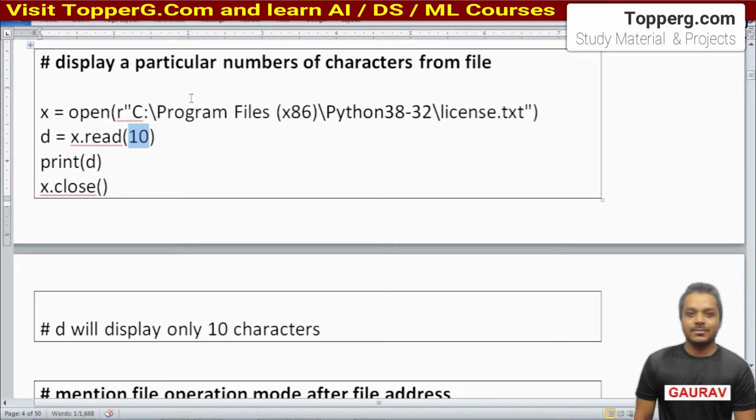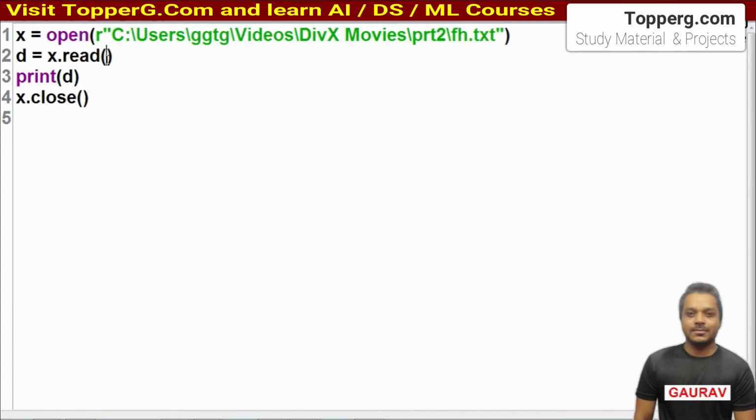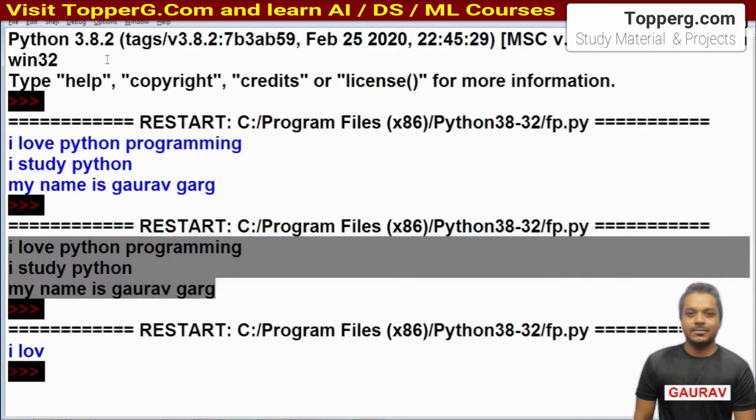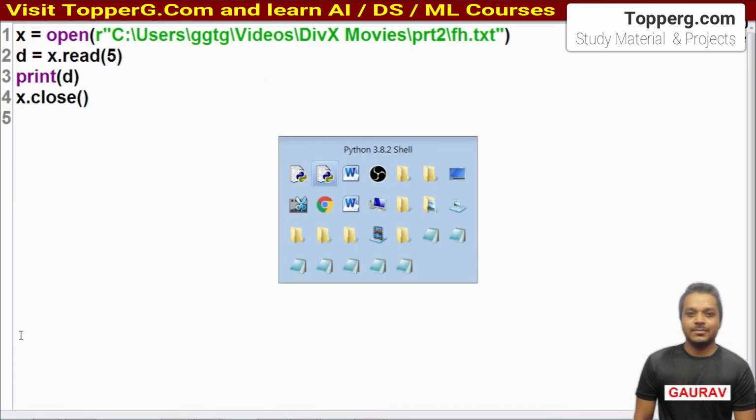In that case, only the first 10 characters of the file will be read. Let me demonstrate. Suppose I have written here 5. So only the first 5 characters will be read. Space is also a character, right?